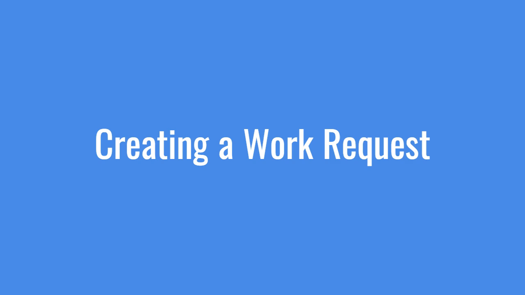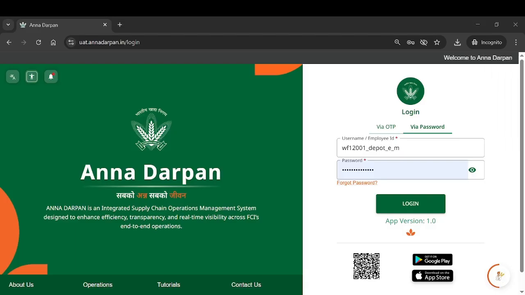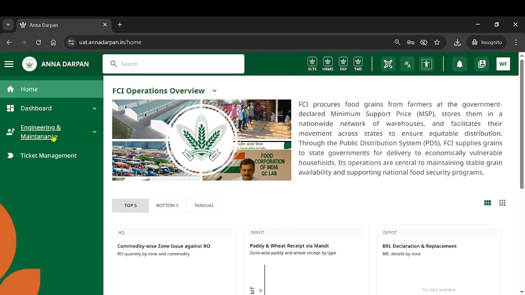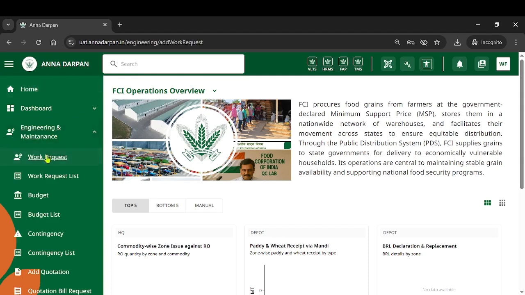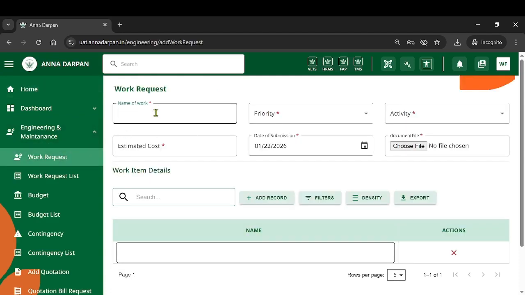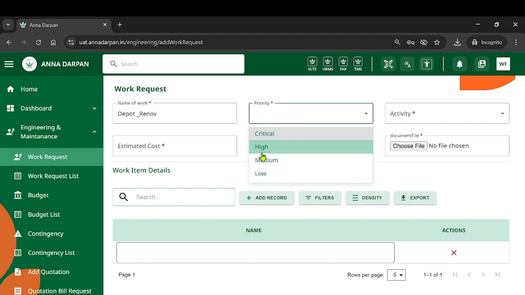Let us begin. Creating a work request. Log in as Manager Depot, or Manager Engineering, or Junior Engineer at the depot. Navigate to Engineering Maintenance, then Work Request. Enter the name of the work, activity, estimated cost, priority, and date of submission. Upload the required supporting document and add the work item details.